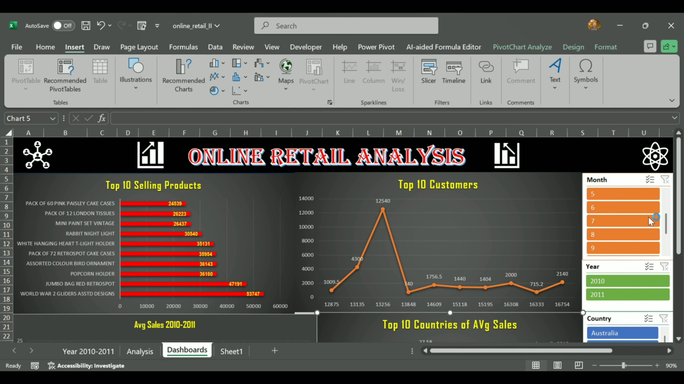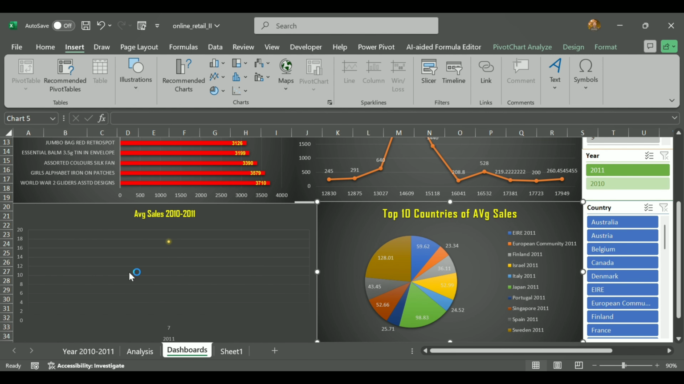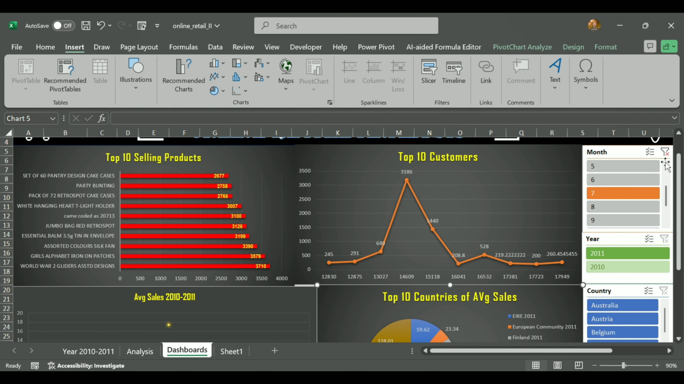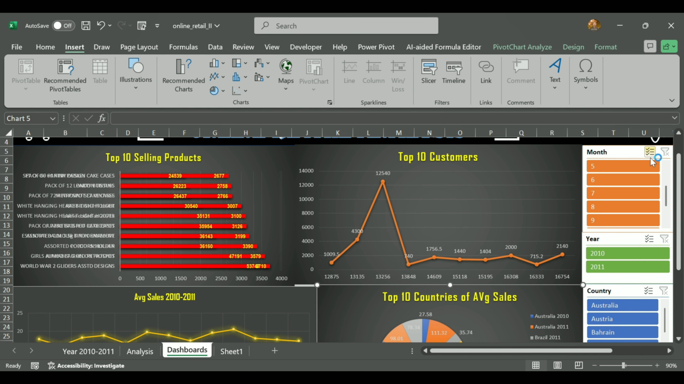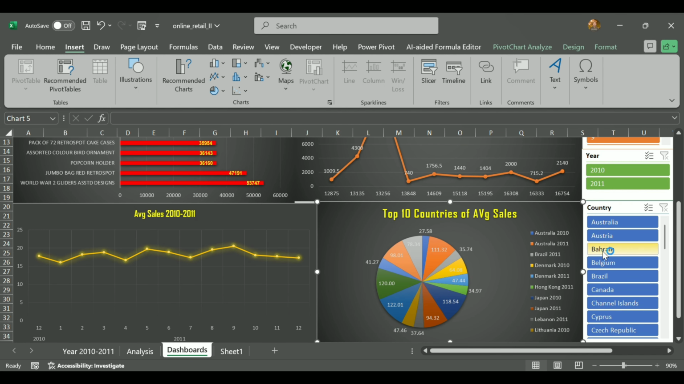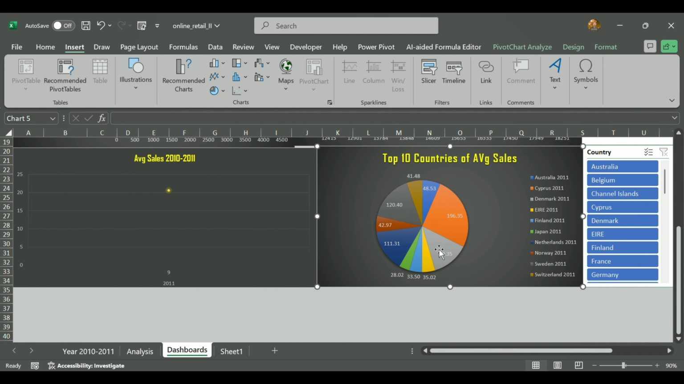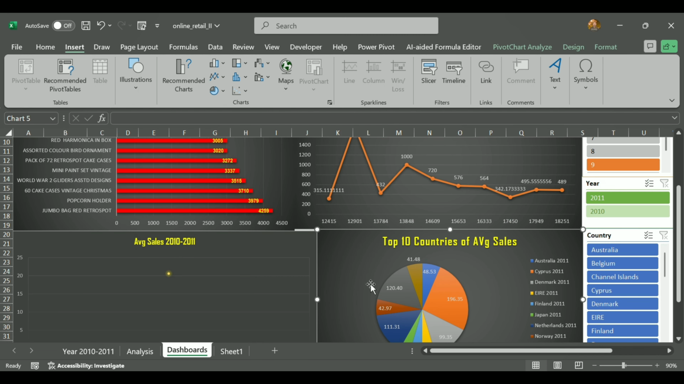So let's check, if I want for the month 7, it's for July. So it's changed. All the data are changed, and here is the one pointer showing. Okay. So if I want for all, all the data is changed. According to the month of 9, if you want to see, the top 10 countries also changed. Okay. So